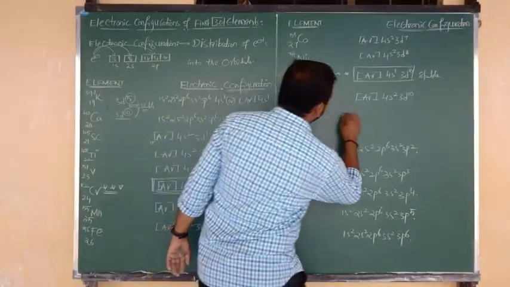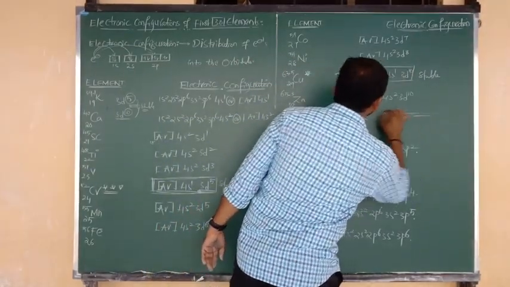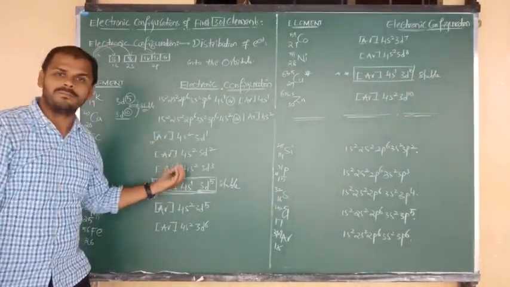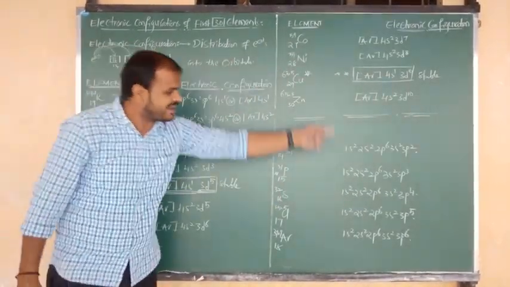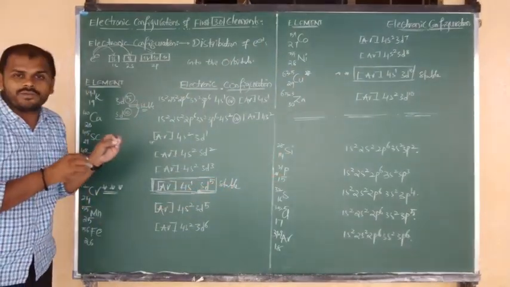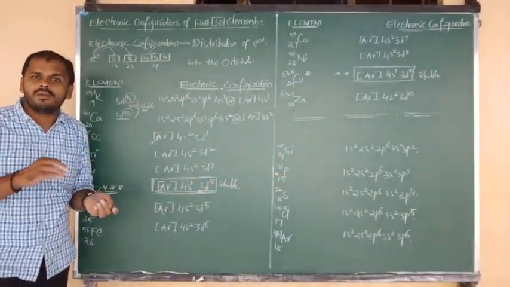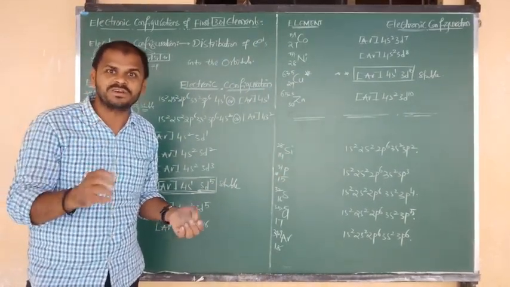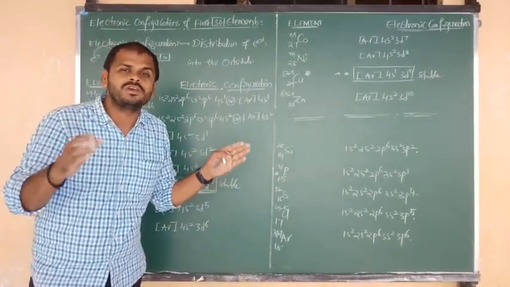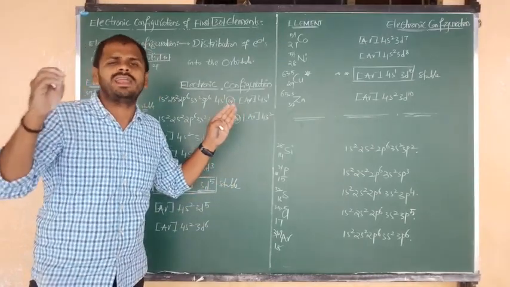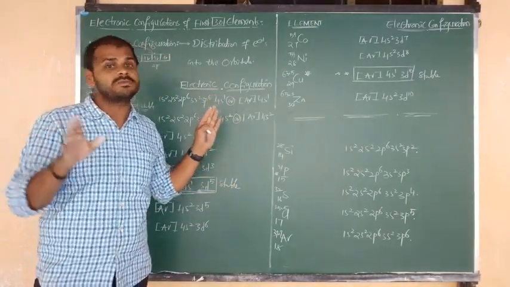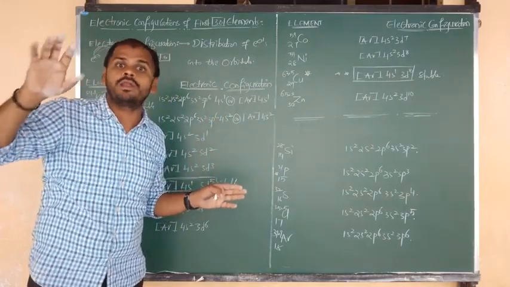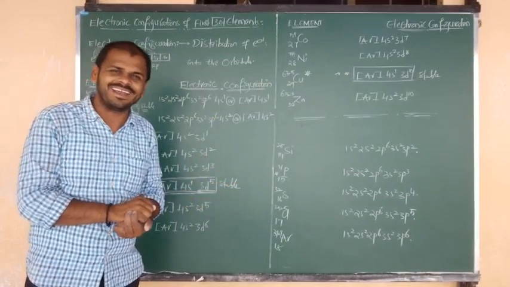So this is the story of the first 30 elements along with symbols, atomic numbers and mass numbers, and the main thing, electronic configuration. If you are very familiar with this, it is especially useful for the chapters chemical bonding, atomic structure and periodic classification. These chapters are very easy for you. It may also be used in organic chemistry, and it will be useful in second year, in the coordination compounds chapter also. Okay, good.